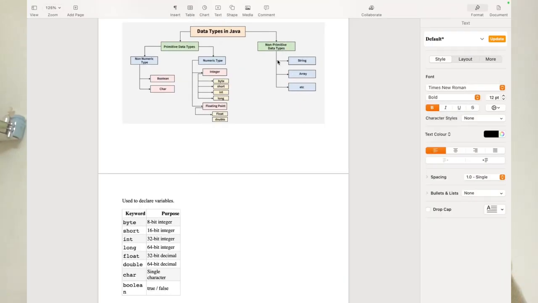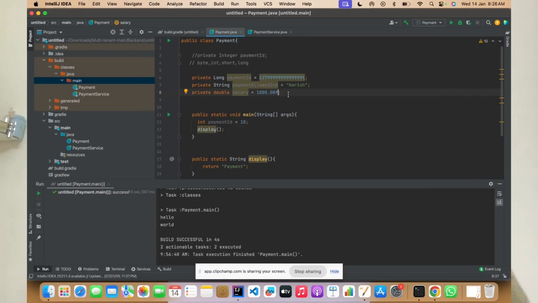What are non-primitive data types? I told you we have string. There is something called an array also. So what is an array? An array is nothing but a collection of contiguous elements. Now, for example,